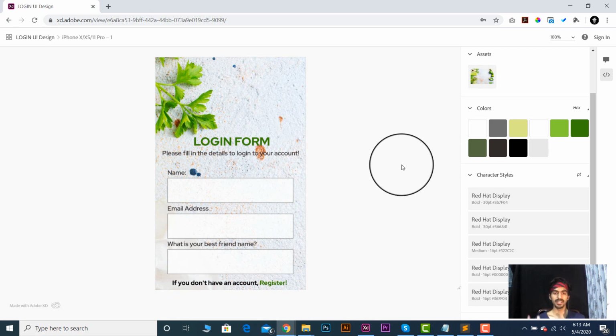Because I created this for iOS, it will only show me these sections in my development link. If I want to have some HTML CSS according to that design, I will create a web UI and then create a development link again in my next tutorials. Okay, so our first task is completed. Let's move to the second task.